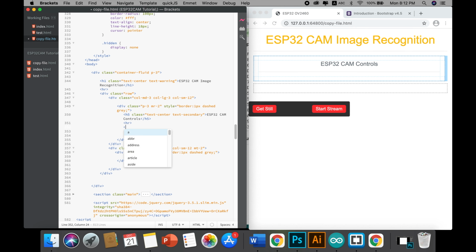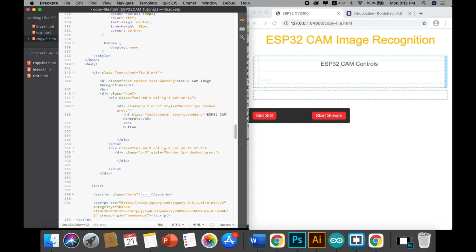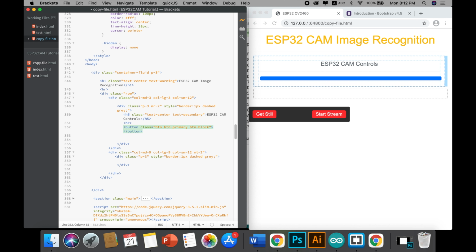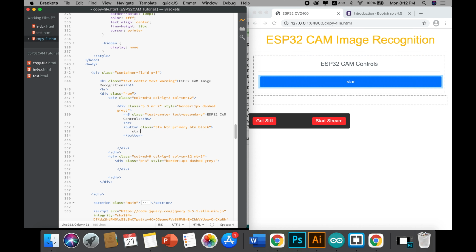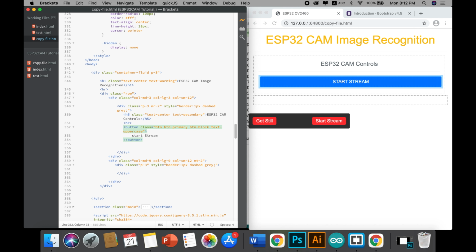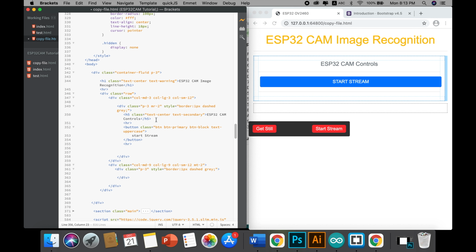So after this, I'll be using a button. And I'll be using a block button to make it occupy all the space available in that small division. And I also add a class called text-uppercase to convert the text into uppercase. Cool. So now I'll use another horizontal line, and then I just copy this h5 tag from above, and